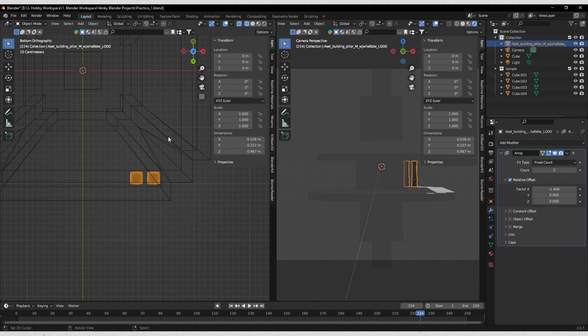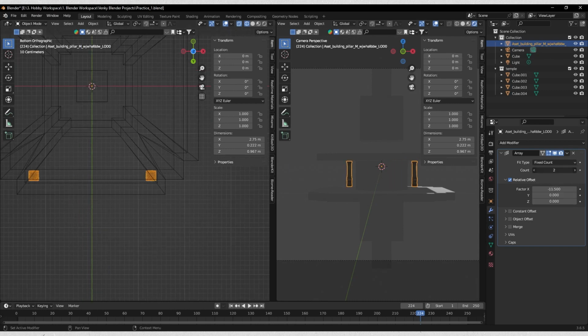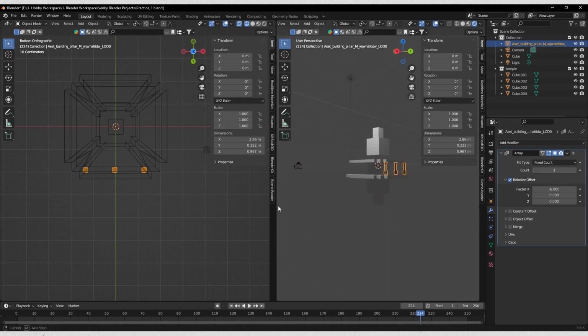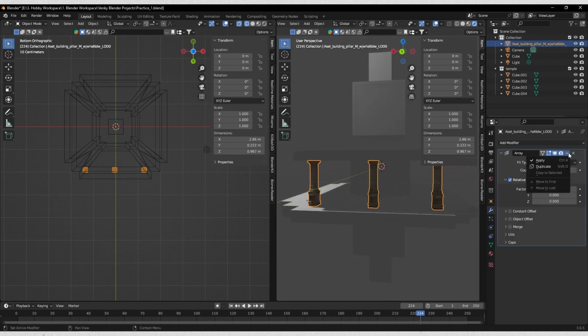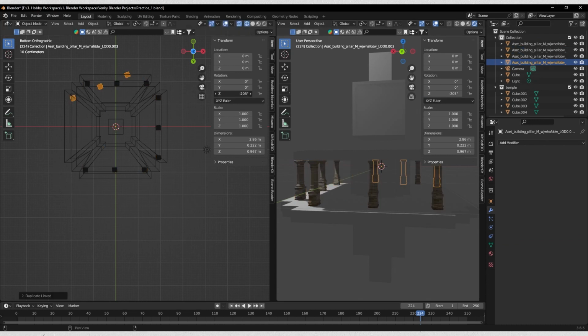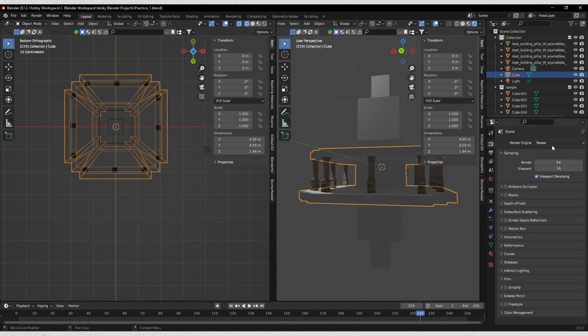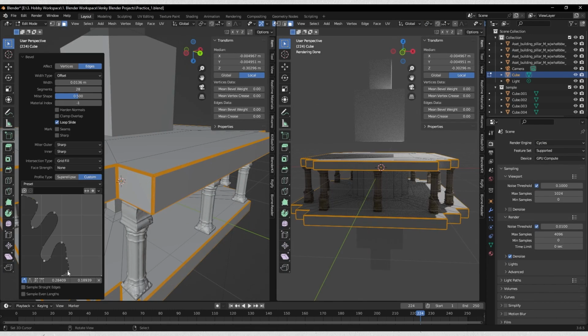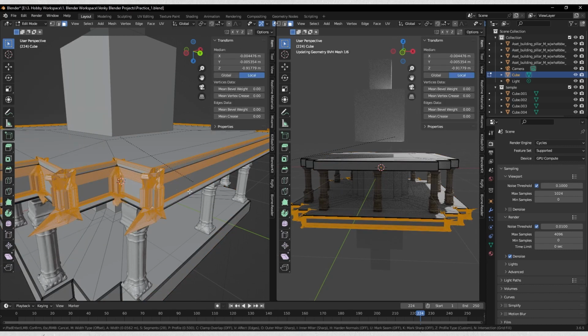The count here would be the number of pillars, and we can change the factor x values to change the distance between each pillar. Now we can apply the array modifier and then create copies of these pillars to arrange them in all the four directions. We can change the render engine to cycles. We can click Ctrl B to access the bevel menu, and we can set up some custom bevels to the